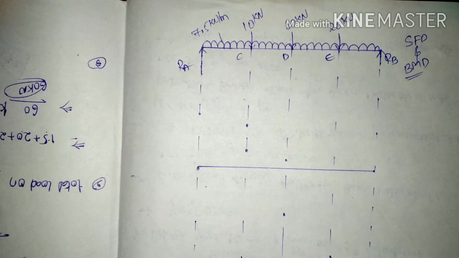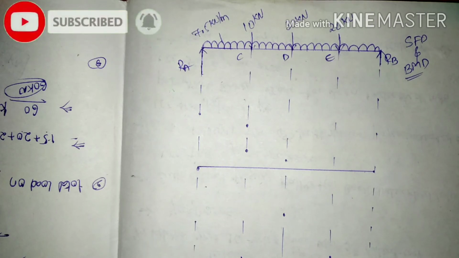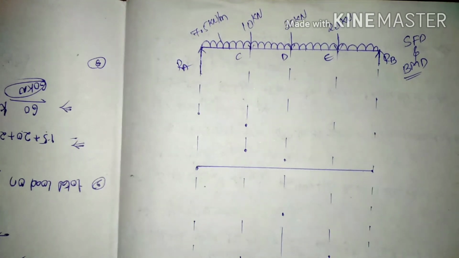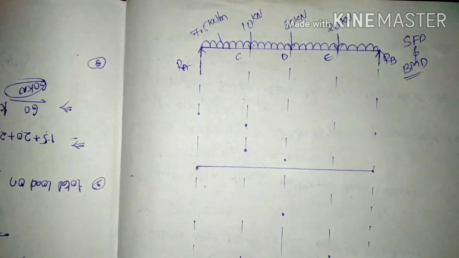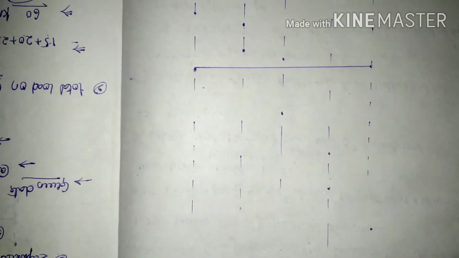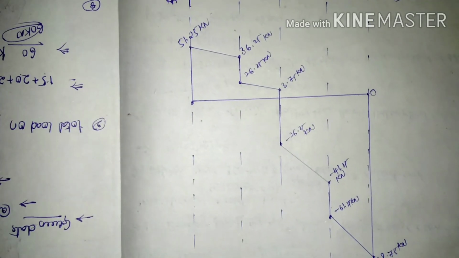And for B, we have minus 68, that will be here. For the right, it will be 0. This is the left value, and this is the right. This is the left and the right of the value. And this is the left and the right of the value. Here this is the left, and here the right of the value of these shear forces. Let us join these points to make the shear force diagram. These are the values at their respective points.